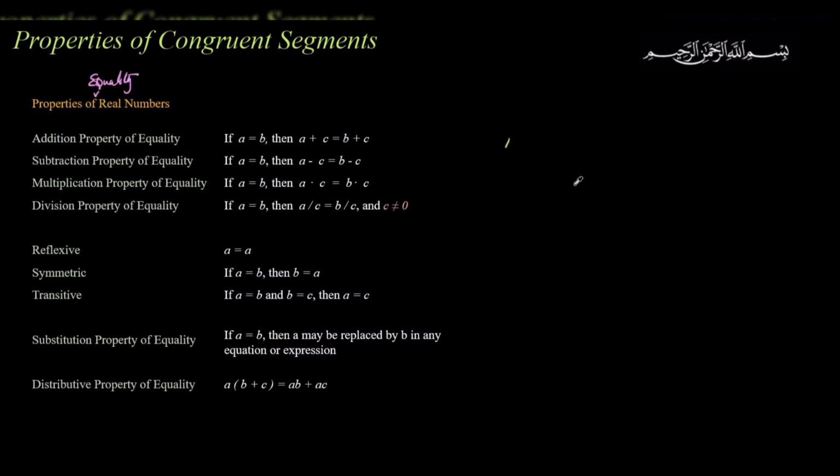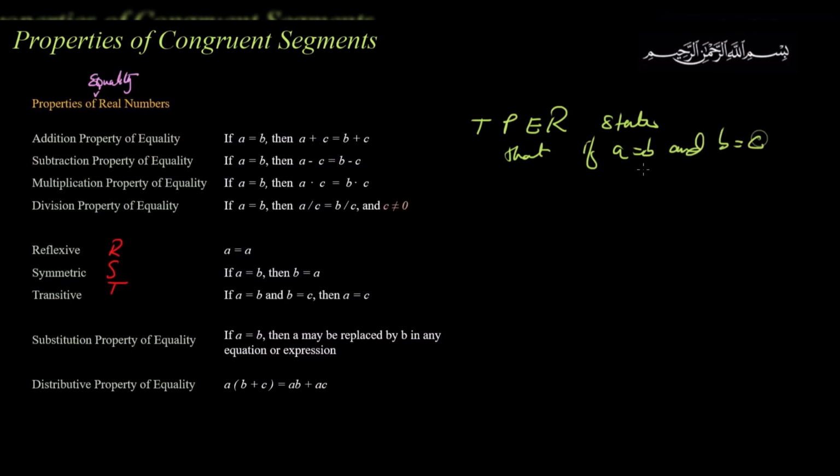These are particularly important: reflexive, symmetric, and transitive property. So then finally, if A is equal to B and B equals C, then A is equal to C. So transitive property of equality for real numbers states that, watch this, if A is equal to B and B is equal to C, then A is equal to C, like this. So transitive property of equality says if A is equal to B and B is equal to C, then A